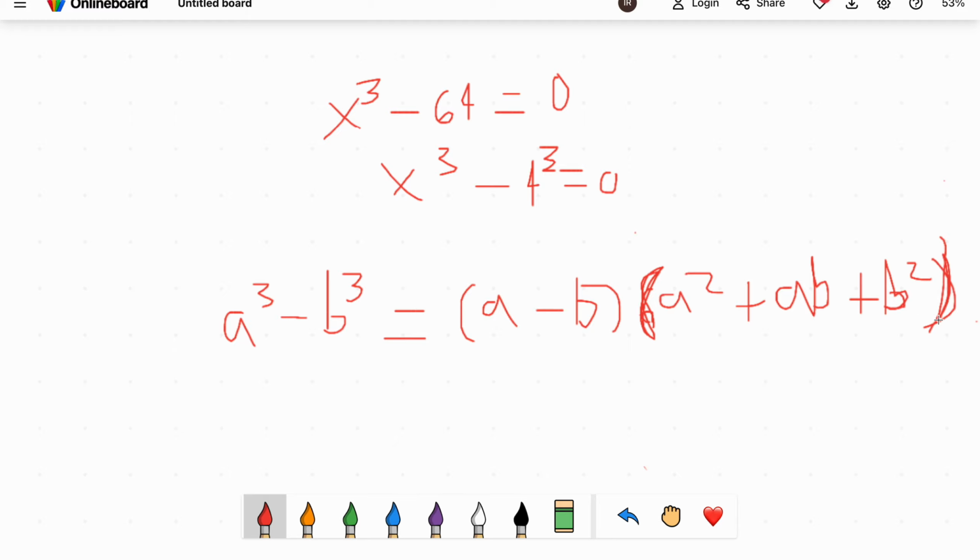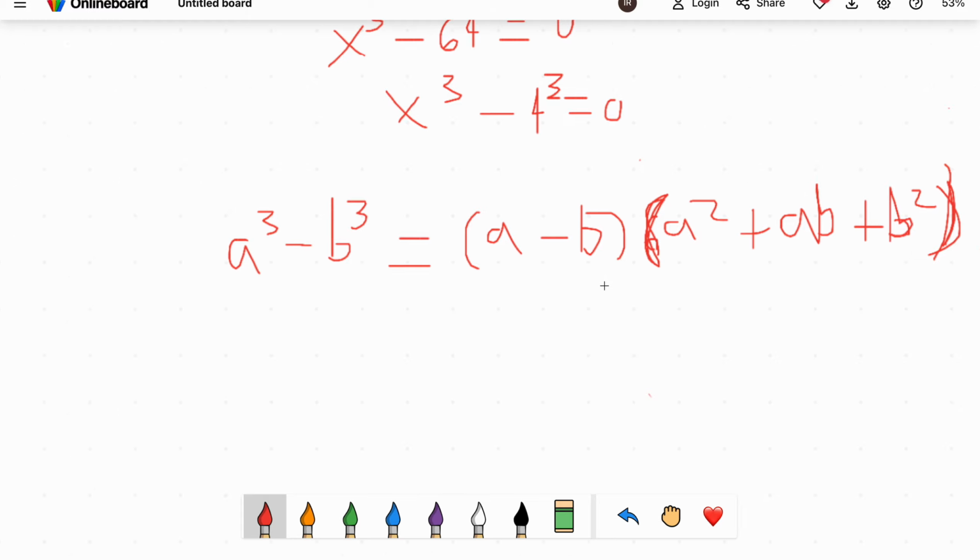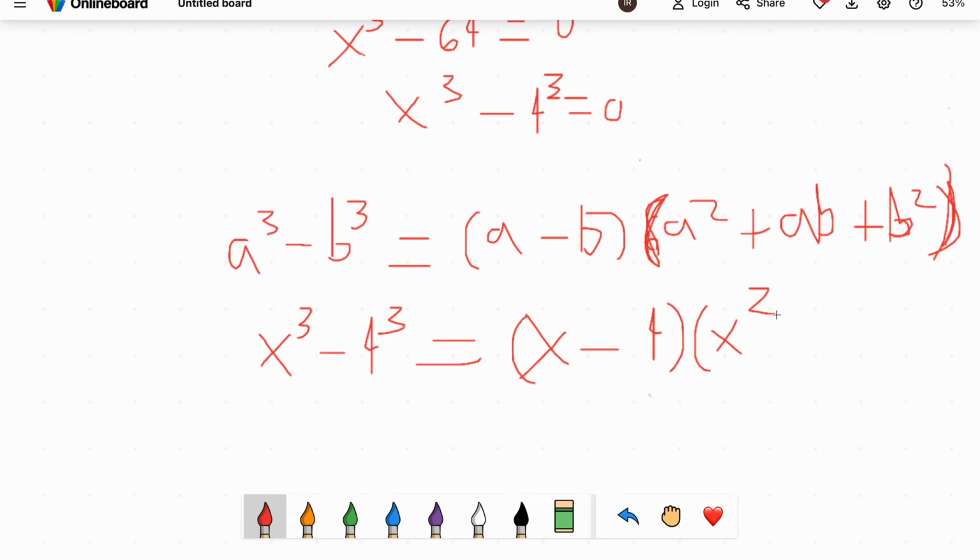So since we already know in algebra that a cubed minus b cubed is equal to a minus b, in parentheses, multiplied by a squared plus ab plus b squared, in parentheses. So it's minus in this part and it's plus in the other. Using this strategy, we can find out x cubed minus 4 cubed is equal to x minus 4 and x squared plus 4x plus